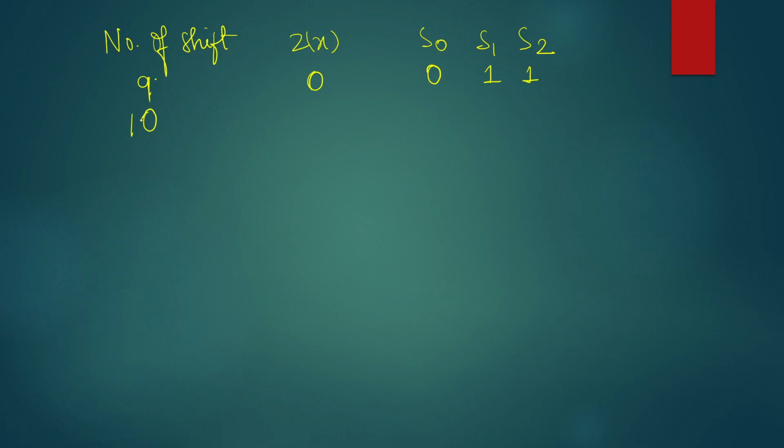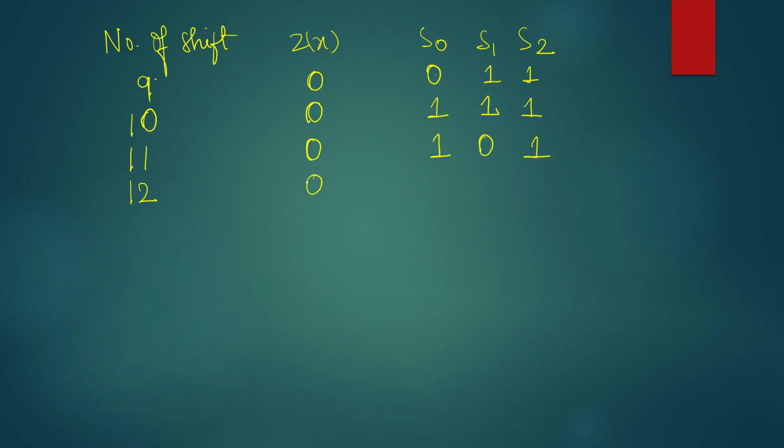Now I will be shifting once more. Again give an input called as 0. 0 plus 1 is 1. 0 plus 1 is again a 1. This 1 gets shifted to the right. So all ones. Then 11. Give a 0. 0 plus 1 is 1. 1 plus 1 is 0. 1 gets shifted to the right. So you get 1 0 1.